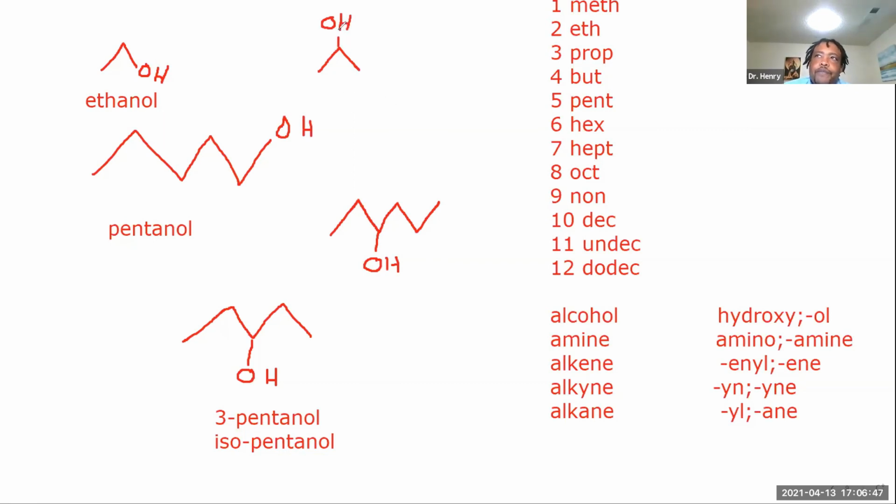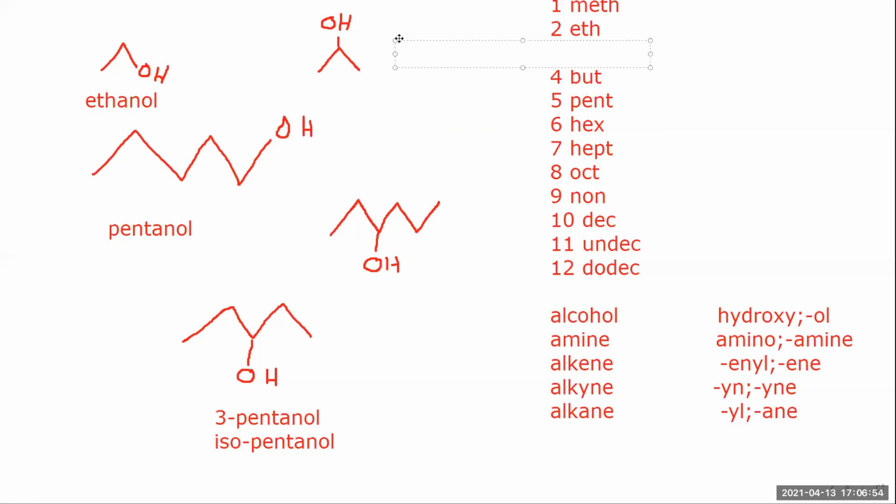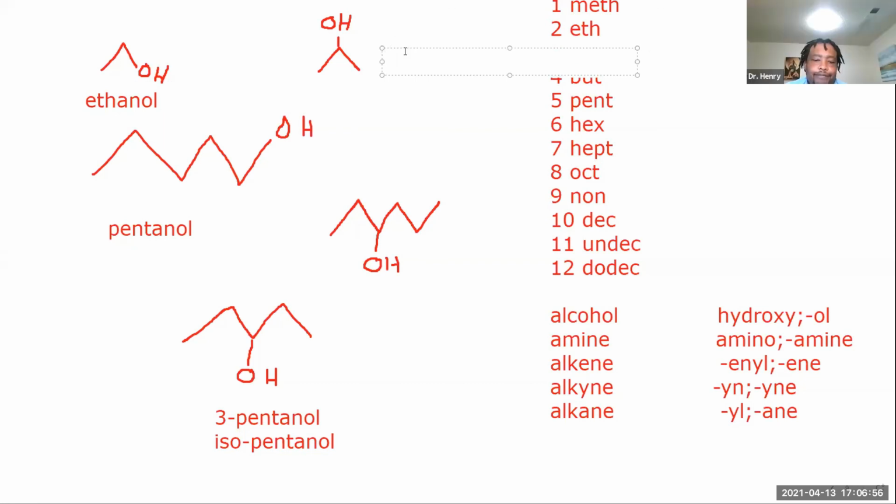One, two, three, isopropanol, or rubbing alcohol. Is it "iso" because it's directly in the middle? That's right. Both sides have the same thing. So "iso" you can say is balanced. That's right.